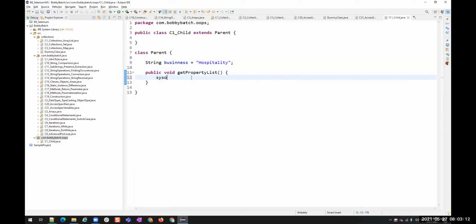Here I'll say property is land plus business plus villa plus car. For example, this is a property that this parent has.